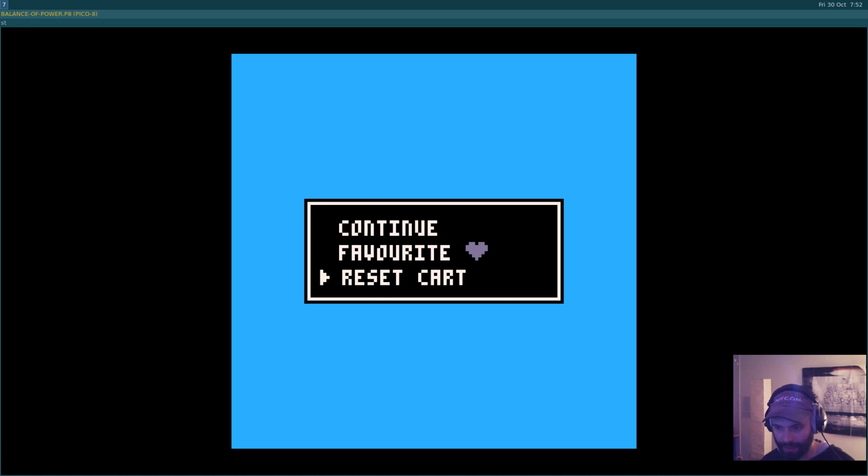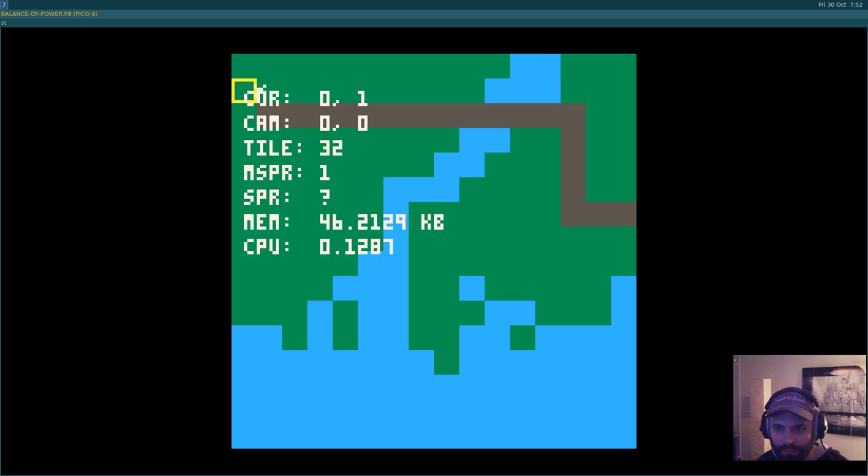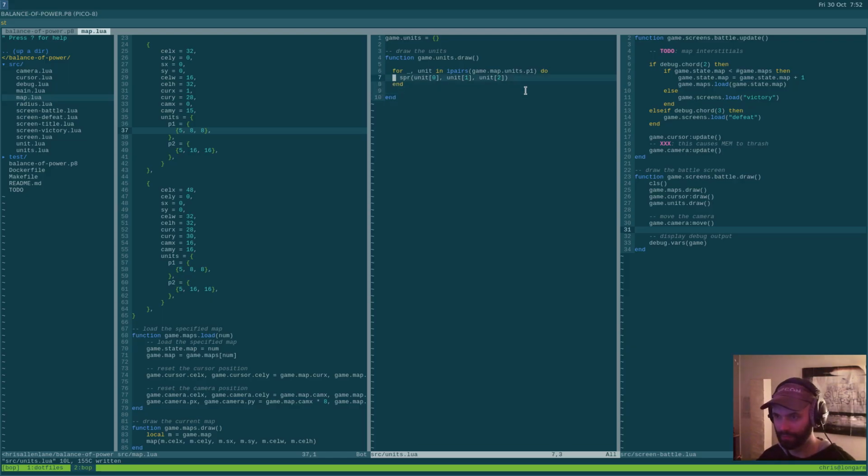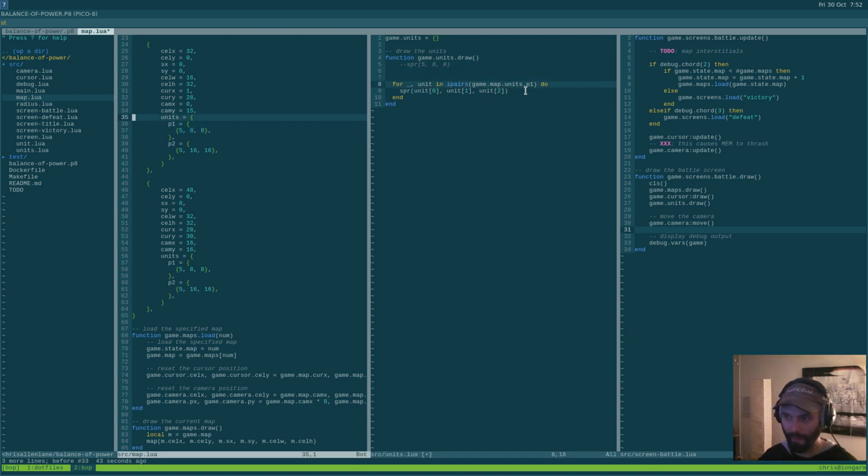We drew some weird X. I don't know what that was. We drew some weird X at some weird position. So we're iterating over game.map.units, player one. Oh, yeah, okay, and right. For whatever reason,